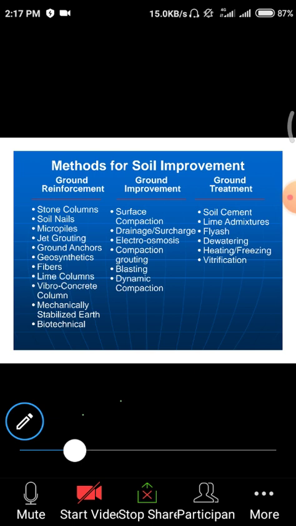Next one, geosynthetics. Synthetic means polymeric material. Polymeric material means, in organic chemistry we have alkanes, alkenes, and alkynes, right? CnH2n like that. We have plastic synthetic materials. Nowadays we are using those synthetic materials in concrete to improve the compressive strength, flexural properties, and split tensile properties of different elements of the structure. Why? Because nowadays we have a huge amount of wastage coming from the industries, so we need to use those industrial wastes as a part of our construction.